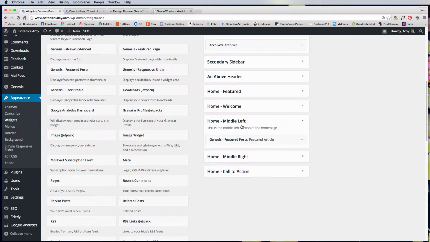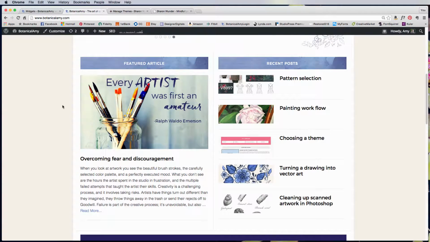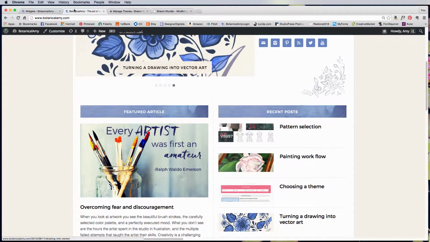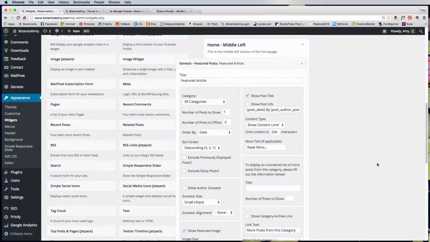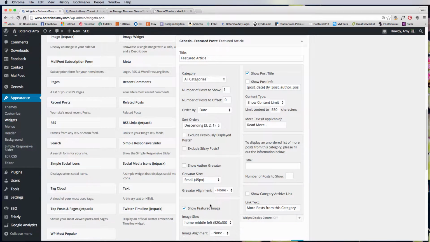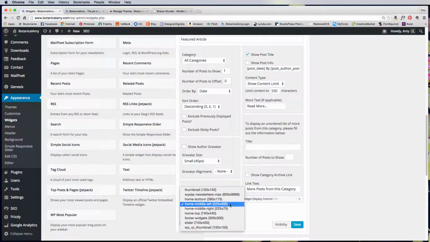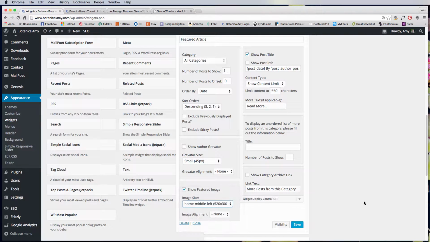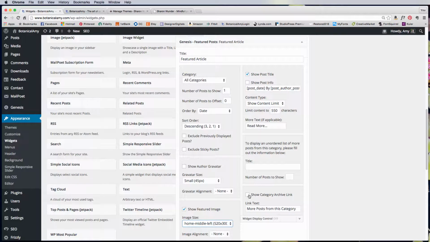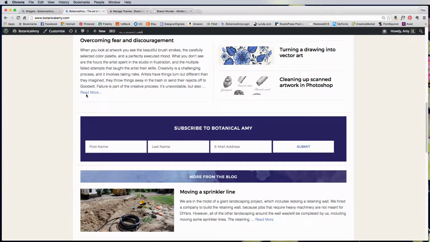Here's this home middle left. And you can see how I set the information here. I said to show the title. I said to show a feature image. This is part of the code. You'll actually find these image sizes in your functions.php file. I have changed these on themes before, but I was happy with the size of this, so I didn't want to go and change it. So show a featured image, and then you can see other options, like I could show more posts by this category. I do have this read more link because I do have it only show the first 550 characters